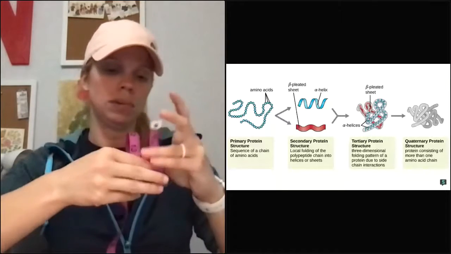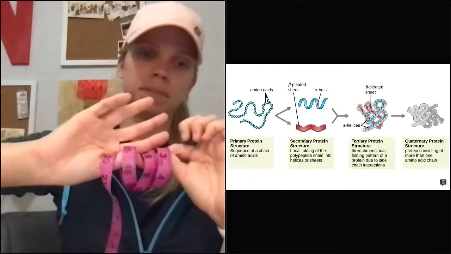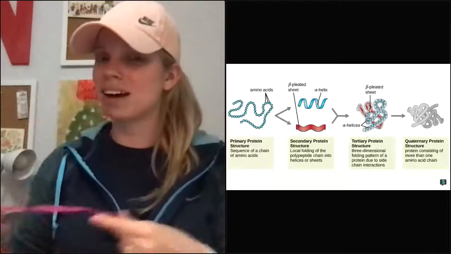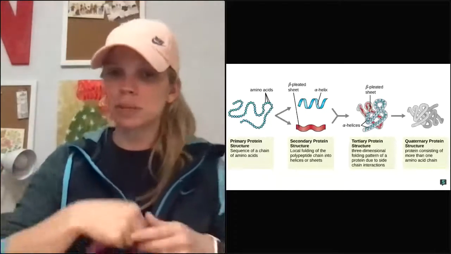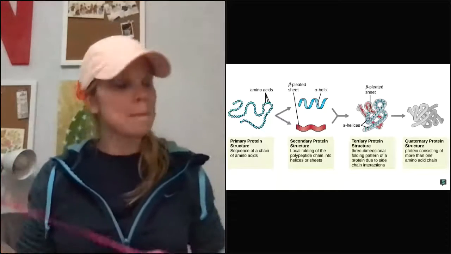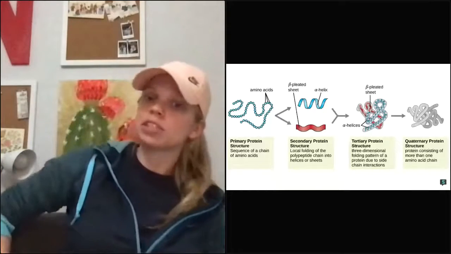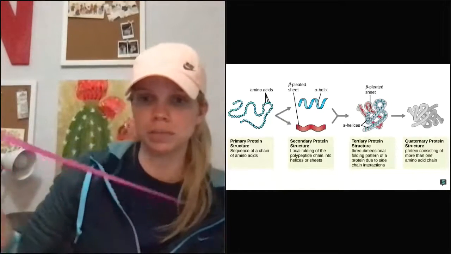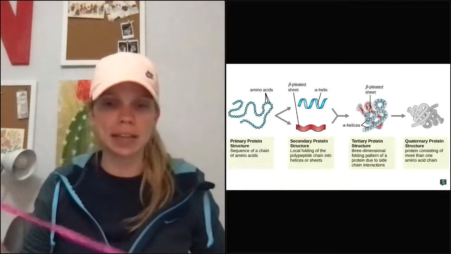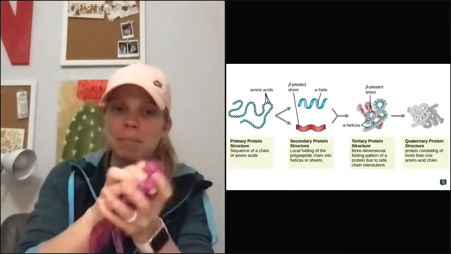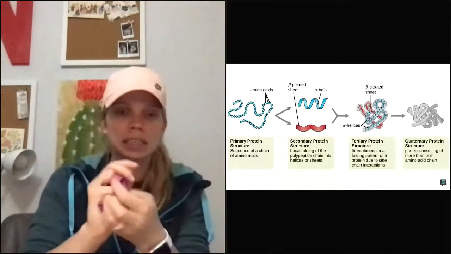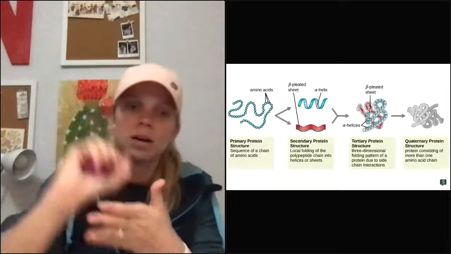Okay. So it just depends on the charges in the R groups in terms of what structure it's going to be. But then we have the tertiary level of structure. And that tertiary level is when it starts to bind and bond even more. And as a result, you get this clump, this little coiled up ball.